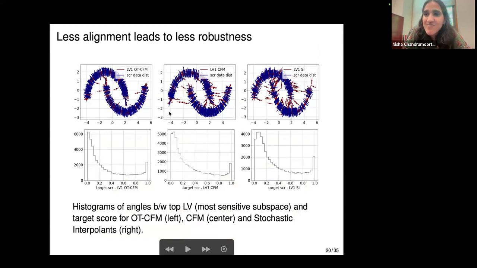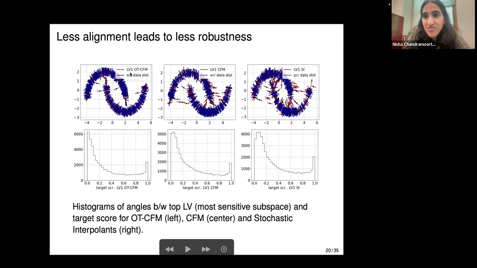Whereas we calculated for these low dimensional examples conditional flow matching, optimal transport conditional flow matching, and stochastic interpolants, which are all based on the underlying idea of flow matching, which I've since learned maybe does not have this property in high dimension. It is robust in high dimensions, but somehow in lower dimensions, I was able to see that the robustness is probably not there. So to illustrate that, what I'm showing you here in red are